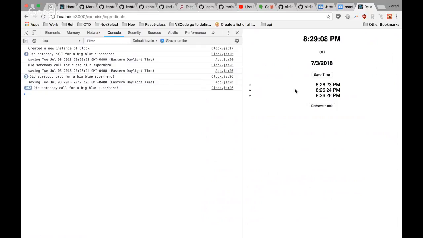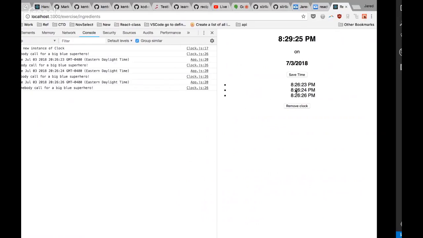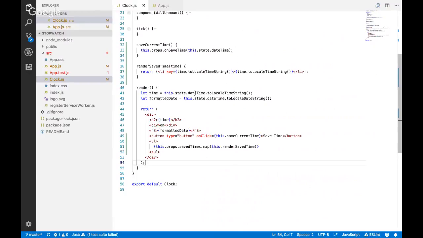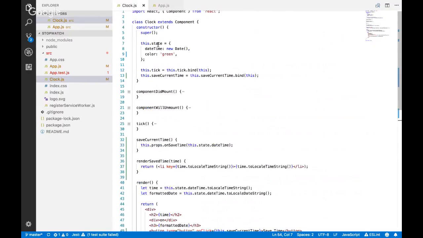So we might be able to lift even all of that up and create a clock component that doesn't have state itself. It just gets the time passed into it that it's going to render. And so then it can render in different styles or whatever and can be reused very heavily. Or we could do it without that. We could also do it this way very easily, where we could say like,